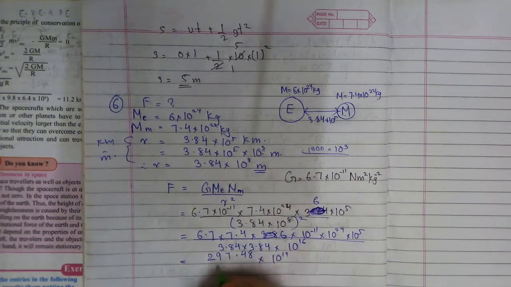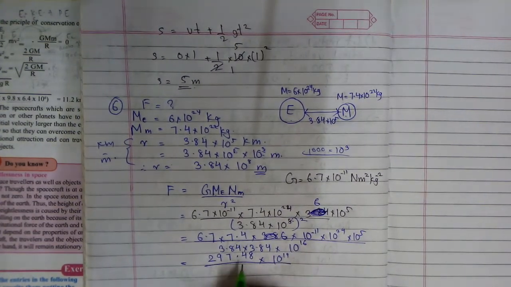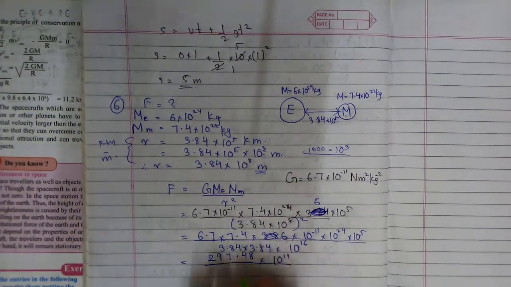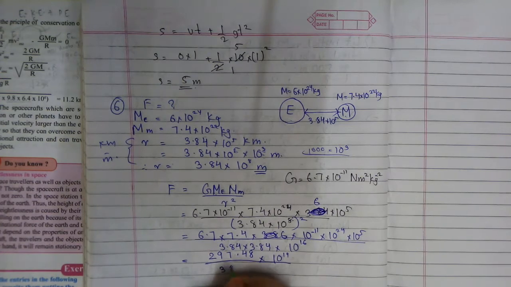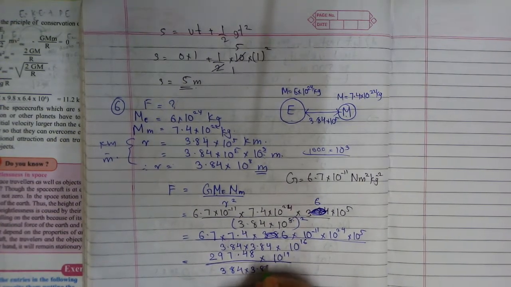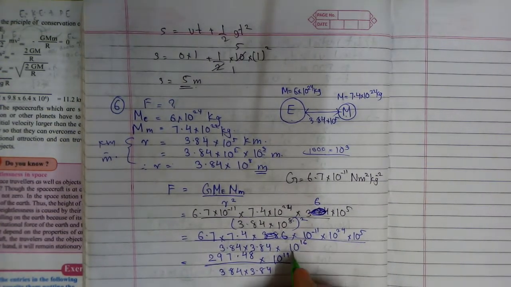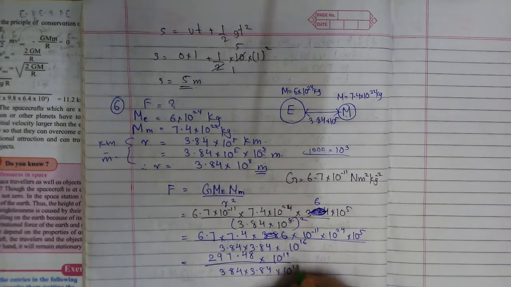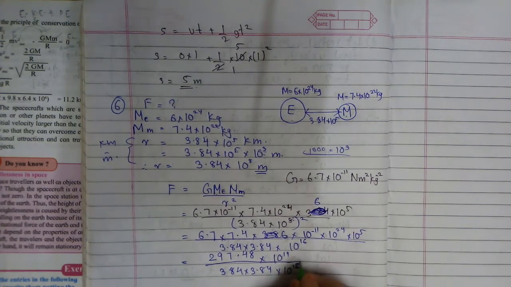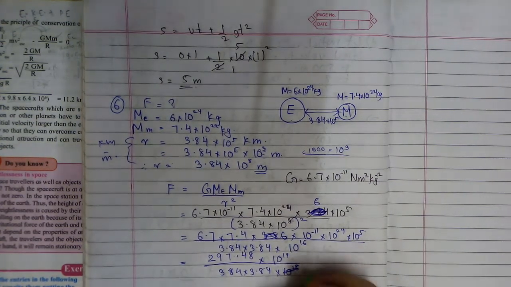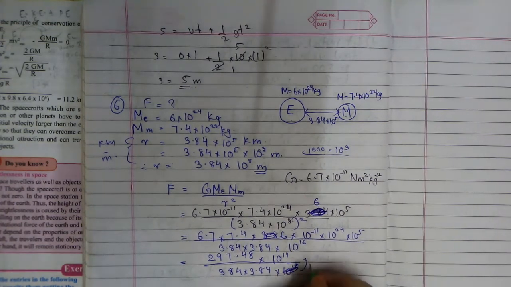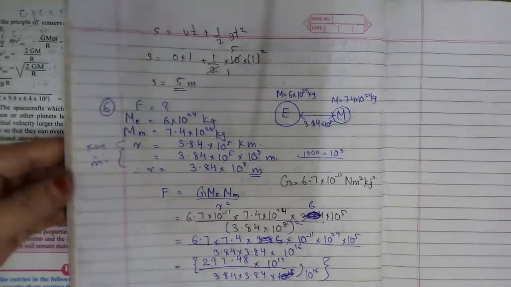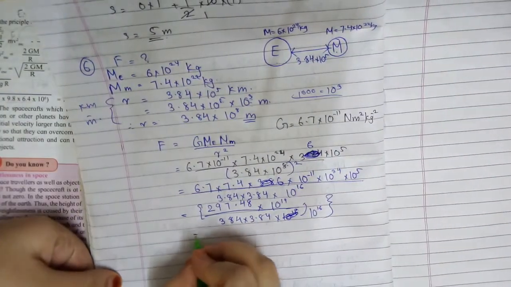So 10 to the power 19. And in the denominator, after multiplying 3.84 and 3.84, so here I am writing the same thing, 3.84, 3.84. Now here 10 raised to 16, this will become also 10 raised to 16. So I am writing 10 raised to 16 here. Now after solving all the things, we will get the answer as